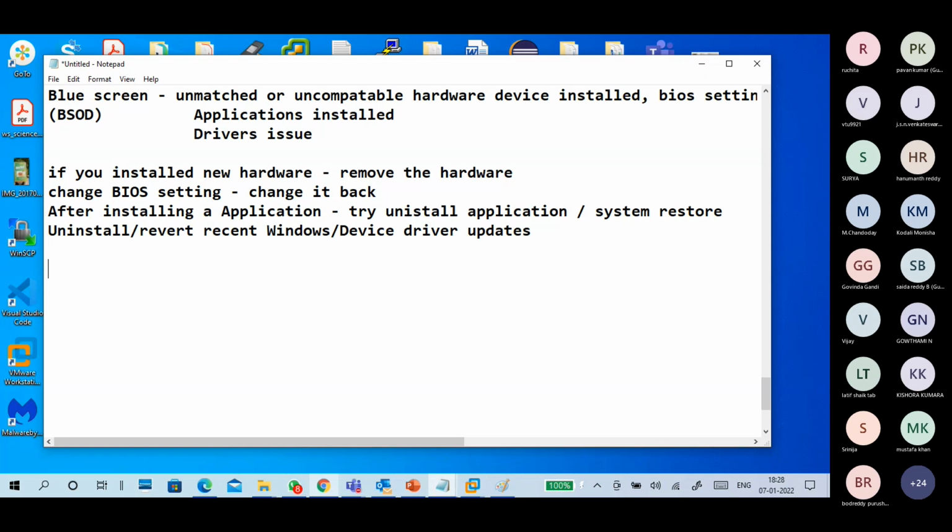So the blue screen of death will come mainly if there is a conflict in IRQ, interrupt request queuing, IO addressing, and memory addressing.